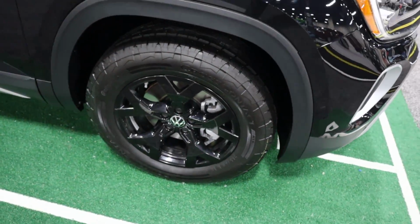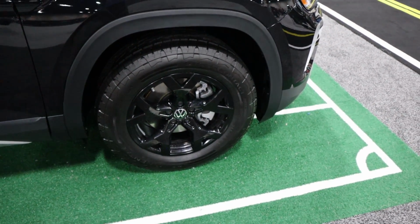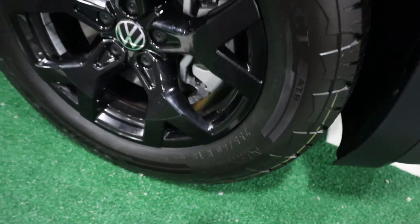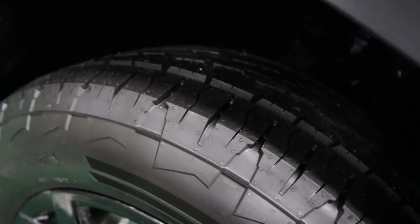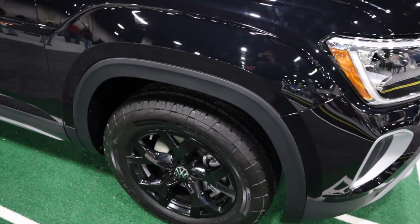But you guys can see it's got some pretty beefy tires. They're not the most aggressive in terms of the tread pattern, but that's decent sidewall for what is ultimately a mommy mall crawler SUV. And that's what the Atlas is. You guys can see 60 for the sidewall rating. That's some real sidewall. I think it's awesome we're finally getting more of these off-road family SUVs,